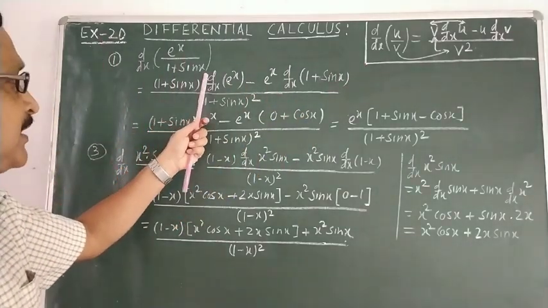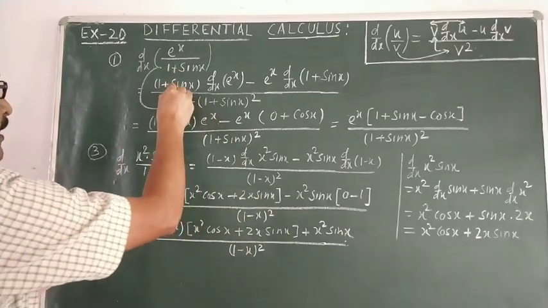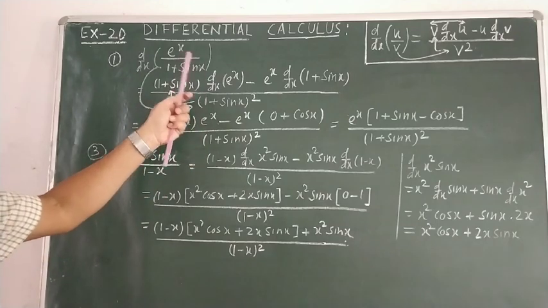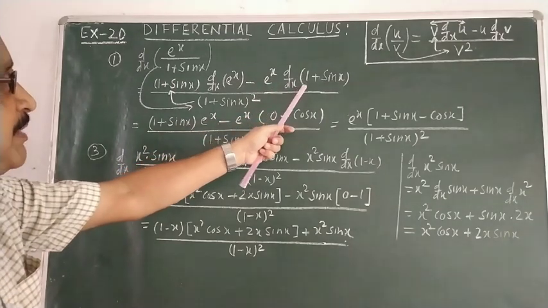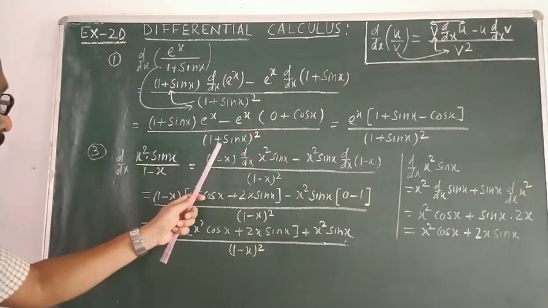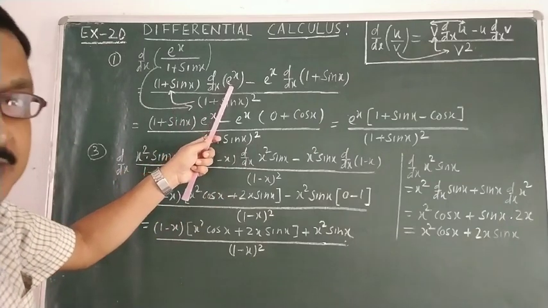by 1 plus sin x. So start with 1 plus sin x the whole square in the denominator, and at the same time 1 plus sin x times d by dx of the second function e^x, minus e^x times d by dx of 1 plus sin x. Now this is 1 plus sin x whole square and 1 plus sin x, differentiation of e^x is e^x itself,